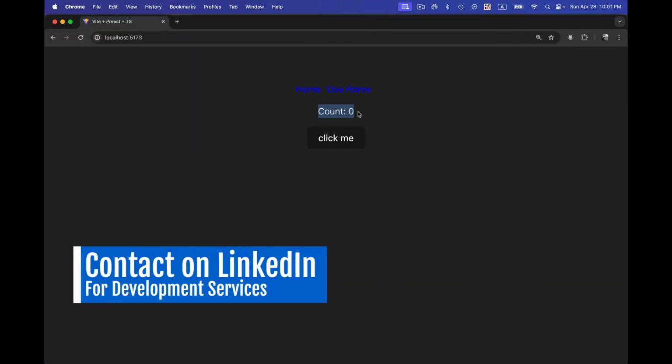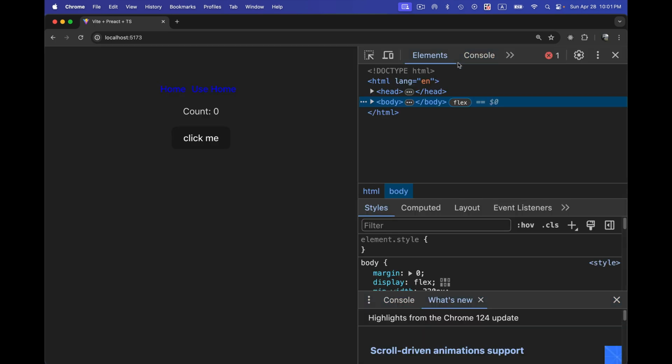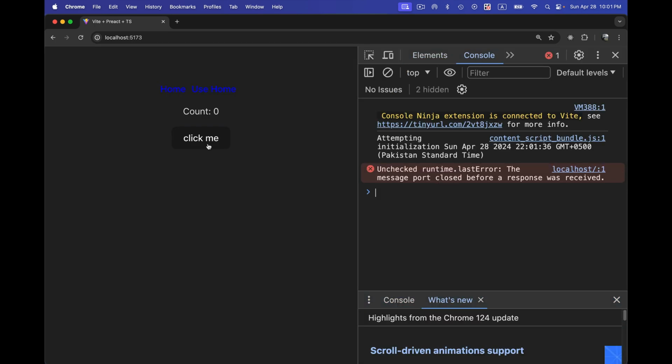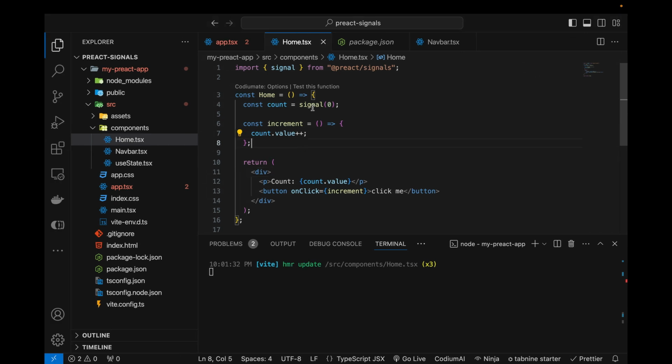Currently you can see that it's showing count 0. If I click on the click me and go to the inspect console log, and if I click on this click me, you can see that this count is not getting incremented. The reason is that we are using this particular signal as a local state variable, but if I try to